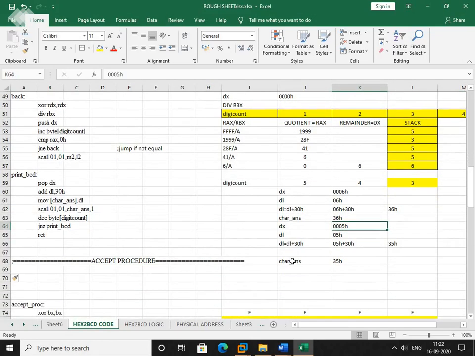Now here char answer has become 35h, right? After that, is the digit count equal to 0? No. So again pop dx. So what is the next value of this? It is 5, right? So this 5 is present in dx.